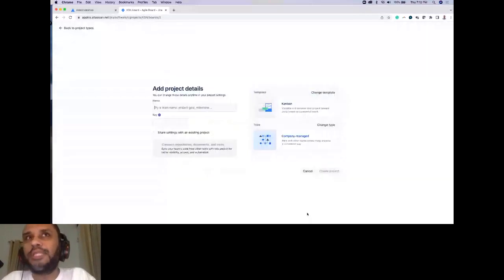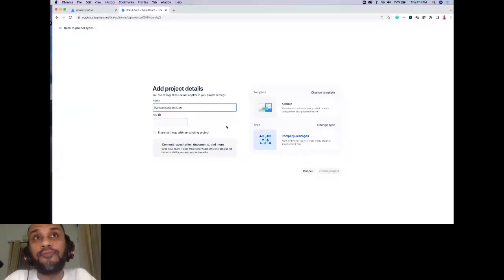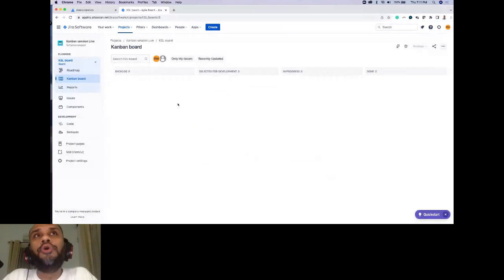So I'll select a company managed project, and I'll just put a name, Kanban session. I'll just put live, right? So this is my live instance, and it will by default give you a Kanban board.